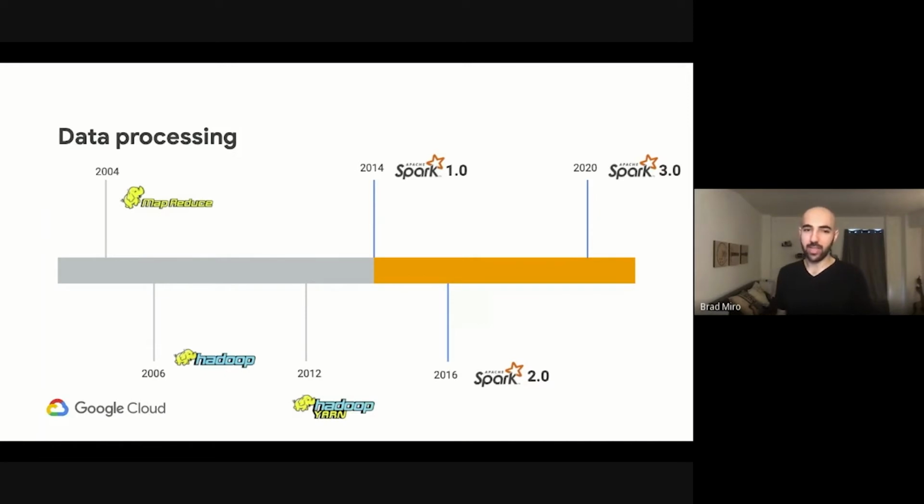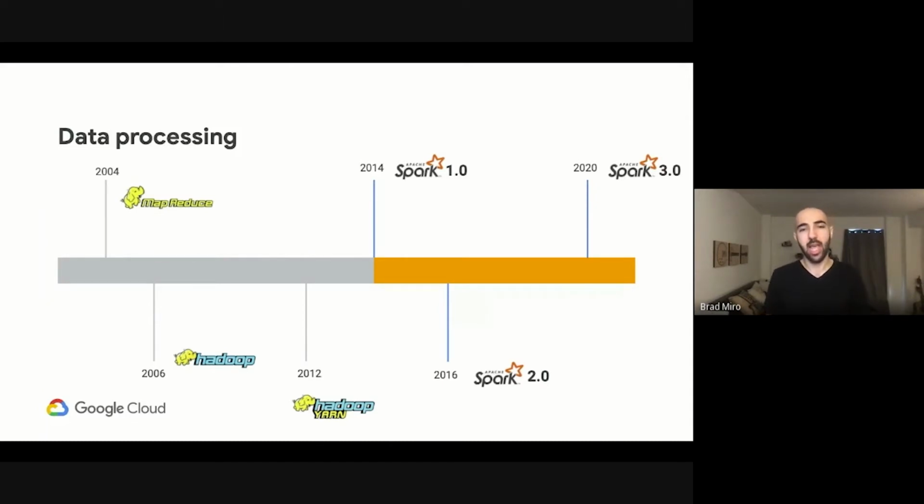So the history of data processing spans back much further than this timeline, but we'll start in 2004 with the introduction of MapReduce, which is a framework for doing parallel processing of data across multiple different machines. So this was a pretty big deal at the time, followed up in 2006 by Apache Hadoop, which allowed you to then store your data across multiple machines. And together between MapReduce and Hadoop, we really saw a lot of awesome parallel processing computational power and different infrastructures